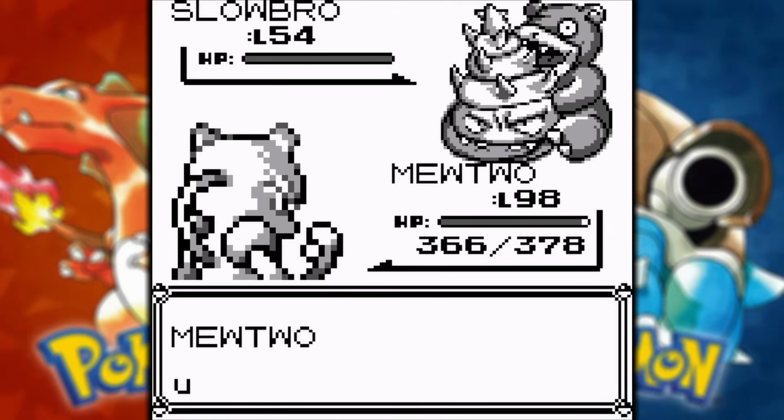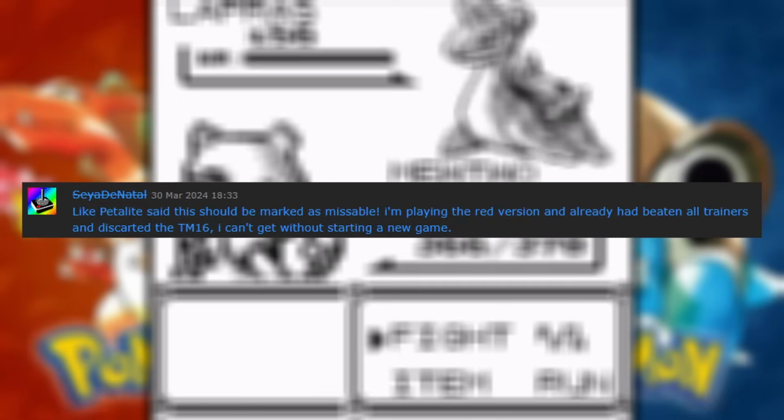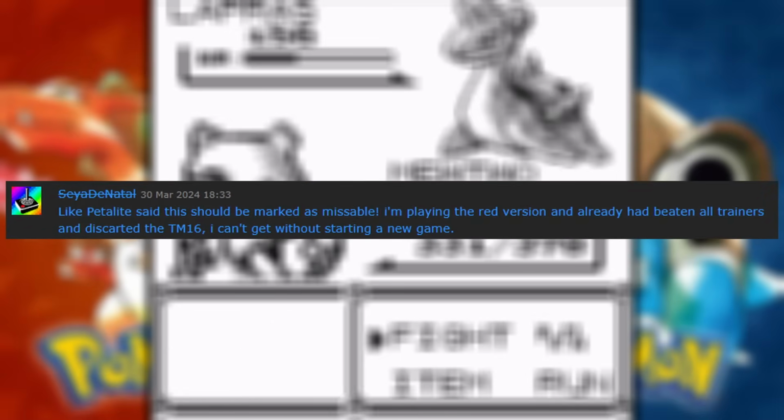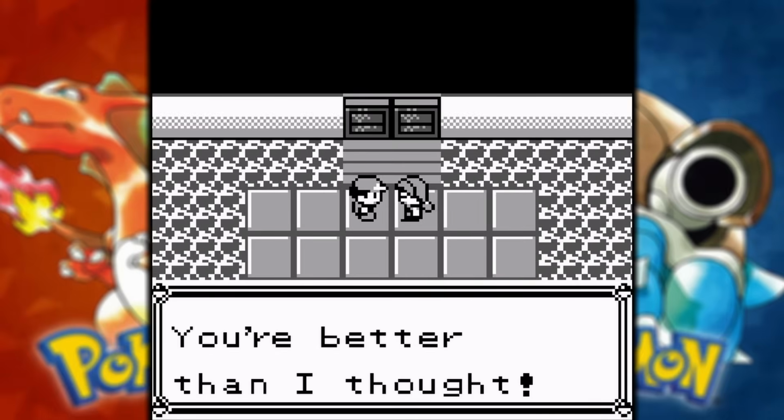All that was left after a month of playing this game was generating 2,000 coins in a single fight with Payday, which can be missable as people have mentioned, as you could just throw this TM away on accident. Anyways, I taught it to Mewtwo and I tried it on Lorelei, but obviously we destroyed her before